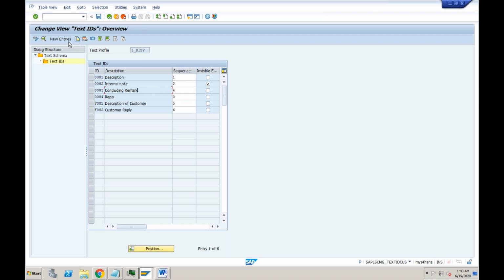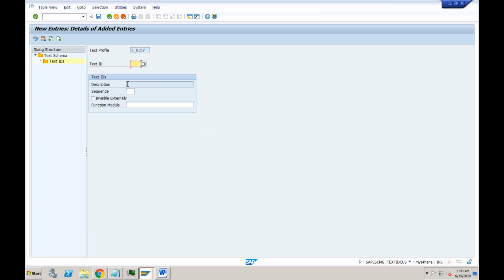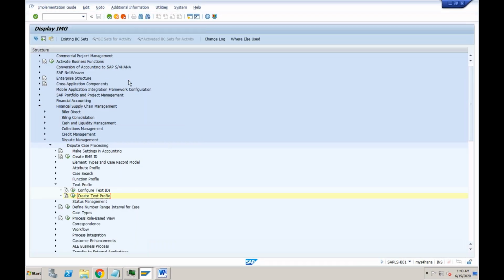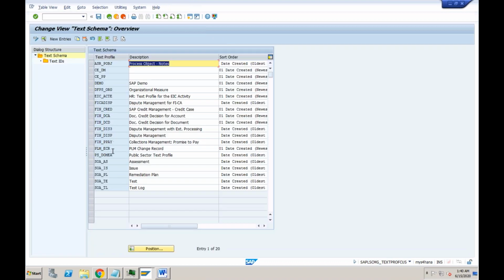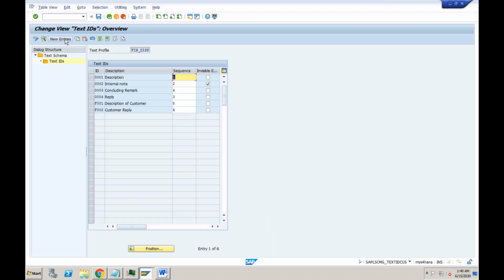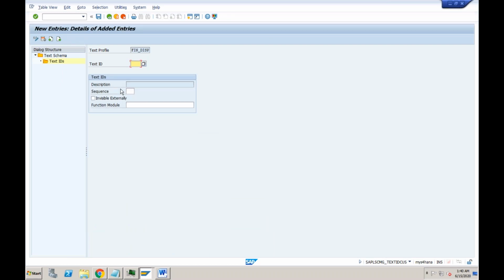If I add an additional one here in my own profile, I will not be able to show you here. So what I'll do is add that in the standard delivered text profile. Let's click on new. Let's give it 0005.